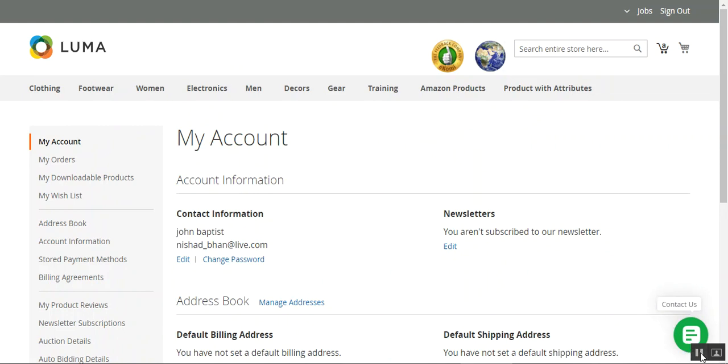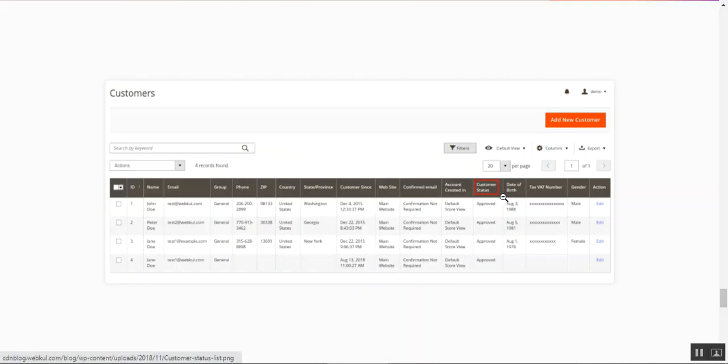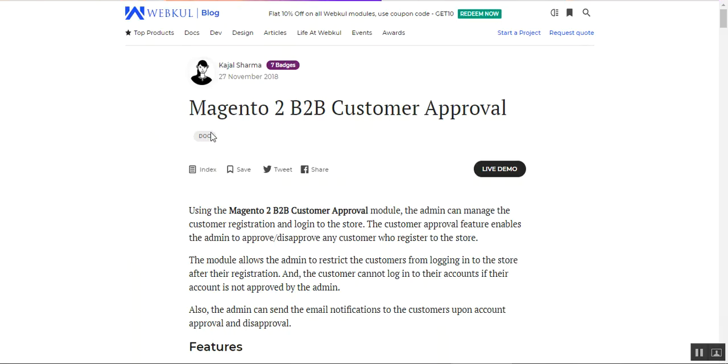And lastly, let me take you to the customer section once again in the admin backend panel. So basically under the customer status for this particular customer, it will now again be approved, as you can see here under the customer status column. So that was much about the Magento 2 B2B customer approval plugin, and I hope it helped you out in